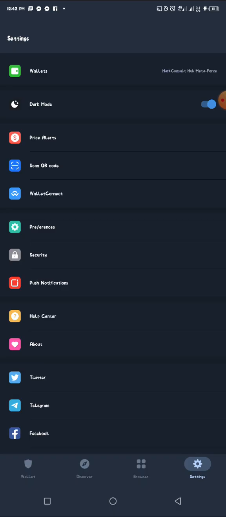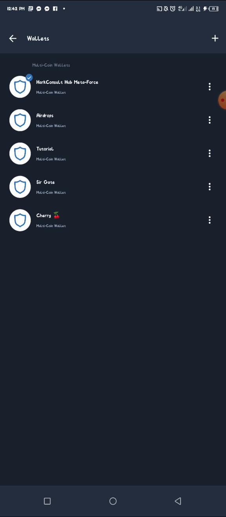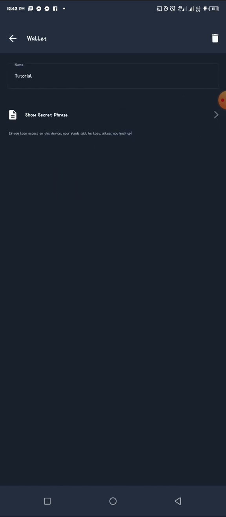Okay, you go to settings, you go to wallet, and let's just use this tutorial wallet as an example. Okay, you click on the three dotted line in front of it. You click on show secret passphrase, and then you have the passphrase. Sorry, you have to click on some certain permission here before the passphrase will be shown. So you continue, and then you can see your passphrase. So you write it down, and then you can go back to your